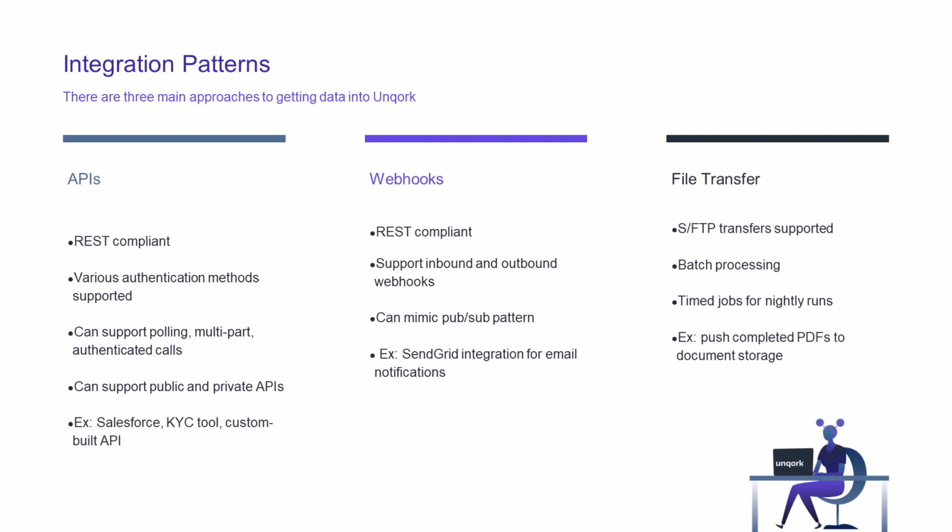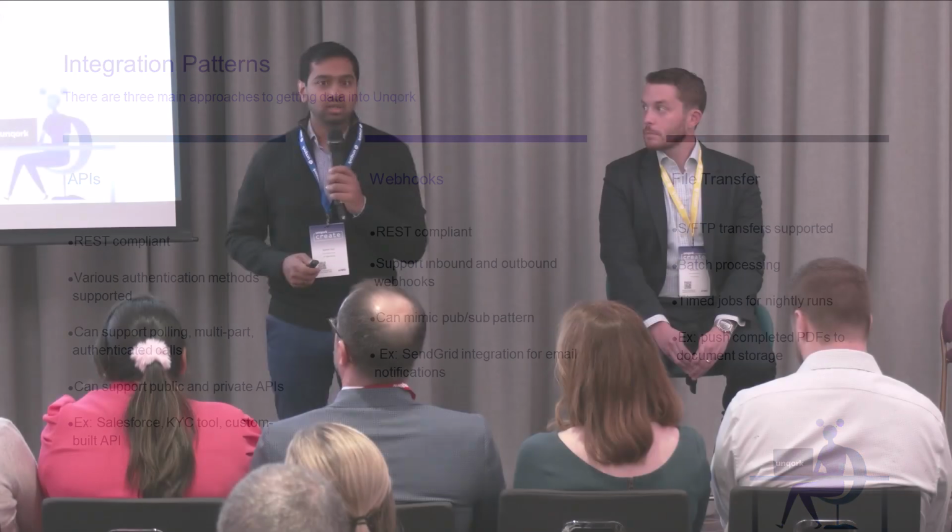Now, if you dive a little deeper, there are 3 main ways that we think about integrations. You have APIs, you have webhooks, and lastly, file transfer. APIs, I think, are self-explanatory, but what is unique here is that it actually supports private APIs, so any proprietary APIs that have been built by your teams already, sitting in a cloud environment, whether it's a Lambda function or sitting on a host, can be accessed, and I'll show an architecture diagram in a little bit.